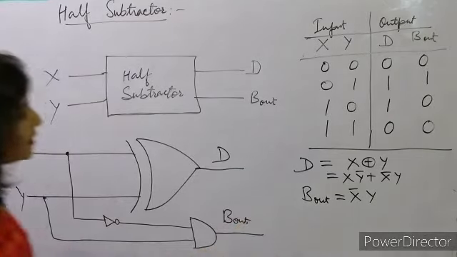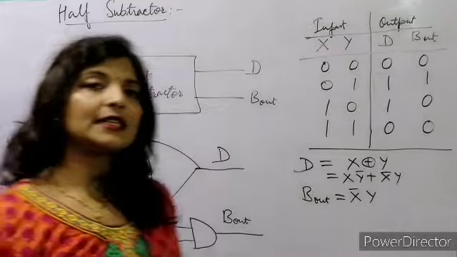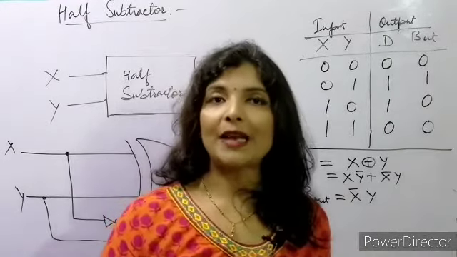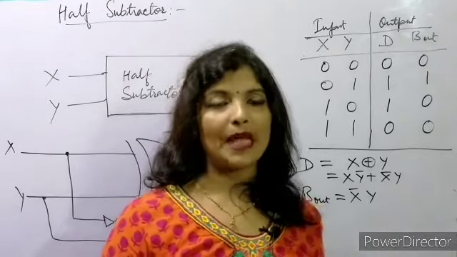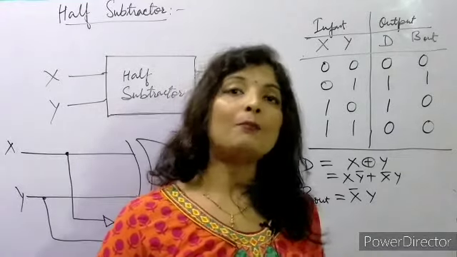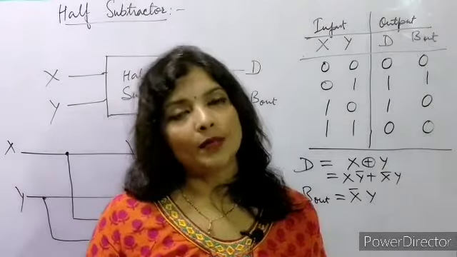Okay. Is it okay? So in this case, when we have to do subtraction, we have to subtract y from x. So borrow, generally what is the value of borrow? Borrow is the complement. We have to find out the complement of x and will multiply with y. Okay. So and difference के लिए हम क्या, what we are getting? So difference का formula x or y. We are applying x y के लिए x or operator will apply and will get the difference. And for borrow out के लिए we have to take complement of x and multiply with y. Okay, then we'll get the borrow out.